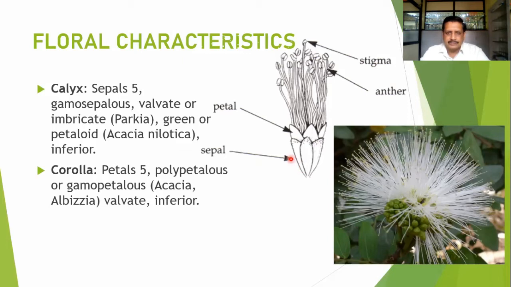Here you can observe these are the 5 sepals and 5 petals, and stamens are numerous. You can observe here these are long, having long filaments. Most of the time filaments are colored. As we have seen in this Albizia, these filaments are whitish, but in the same genus you can find dark red or pinkish colored filaments. So it is a very beautiful-looking flower, Shirish.